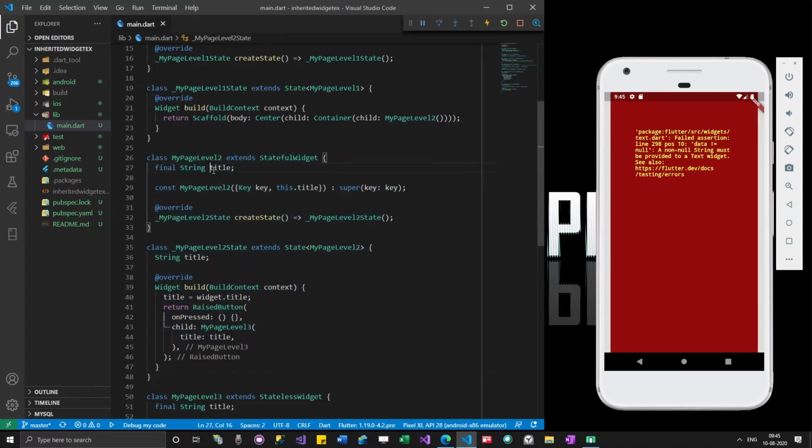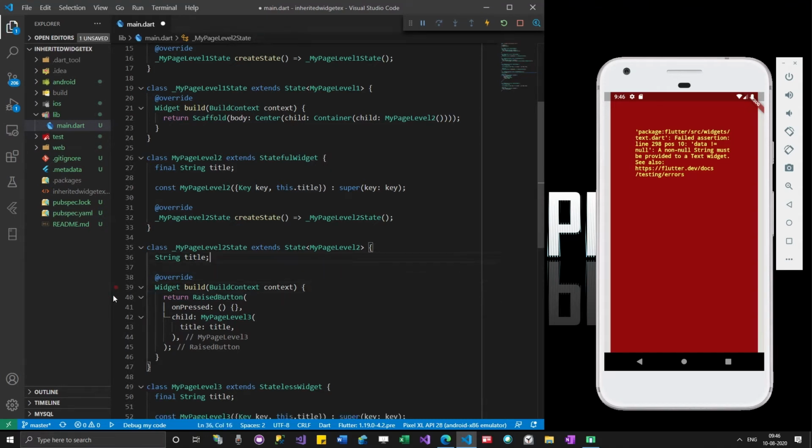So if I'm having a value in the stateful widget, this is how I access it in the state class. This is the widget class, this is the state class. So this is how I access it: widget dot title. Widget dot title means this title will come over here and then title is assigned over here.